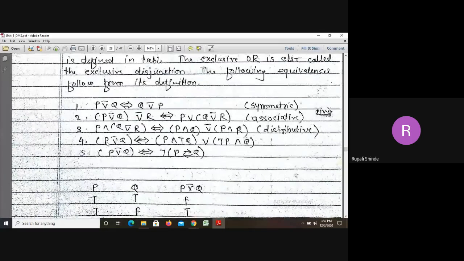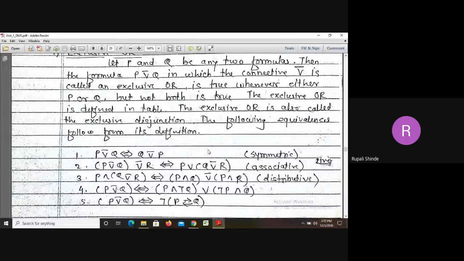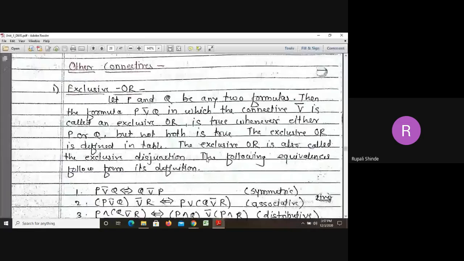And next two formulas are P XOR Q. This is equivalent to P and negation Q or negation P and Q. So how we have written this formula? What we said in this truth table of XOR,